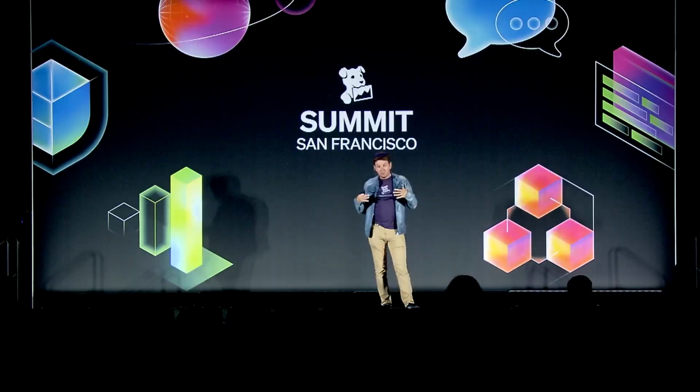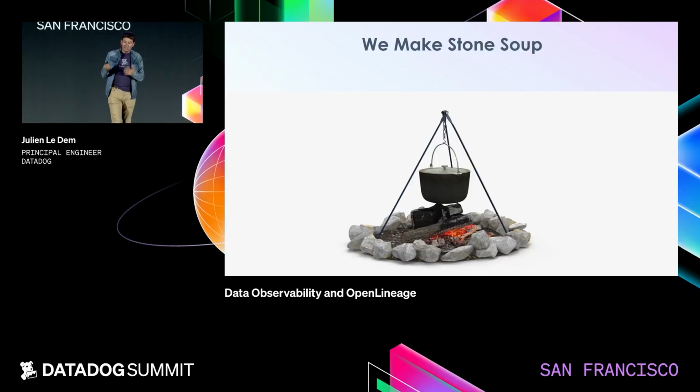So you start with people, and all you need to do is a few trailblazers who can help start figuring out how we standardize lineage. And I like using this image about the stone soup. So if you know this children's story about the stone soup, the story is there's some person that comes to